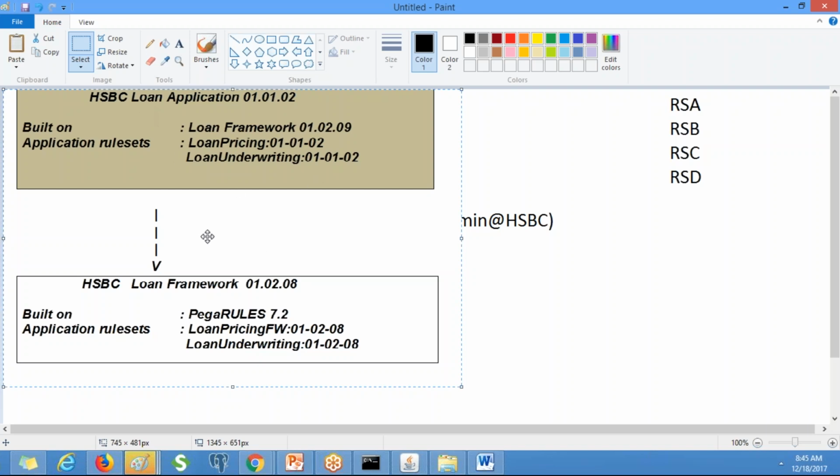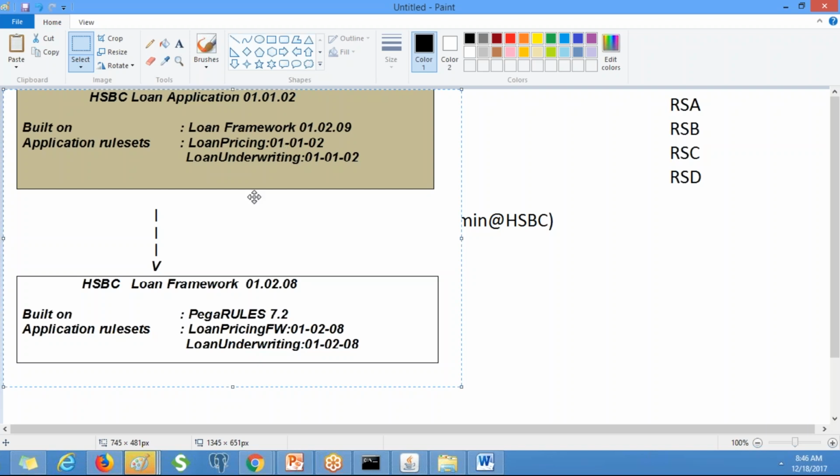Now you observe clearly. This built-on application has rule sets. Here how many rule sets do we have? Three rule sets, right? Loan framework, loan pricing, loan underwriting.